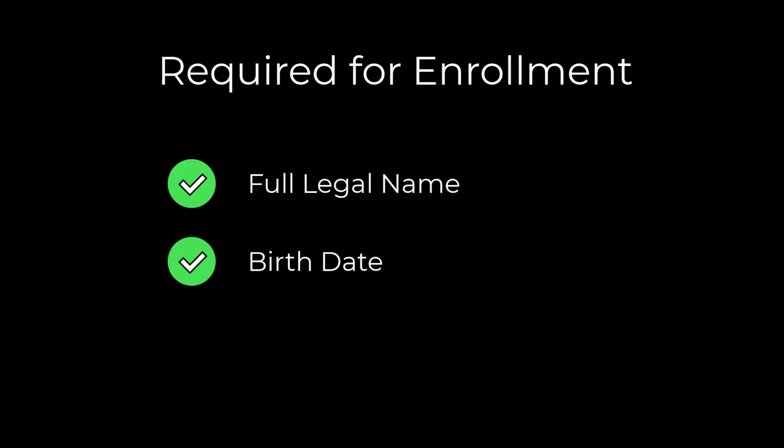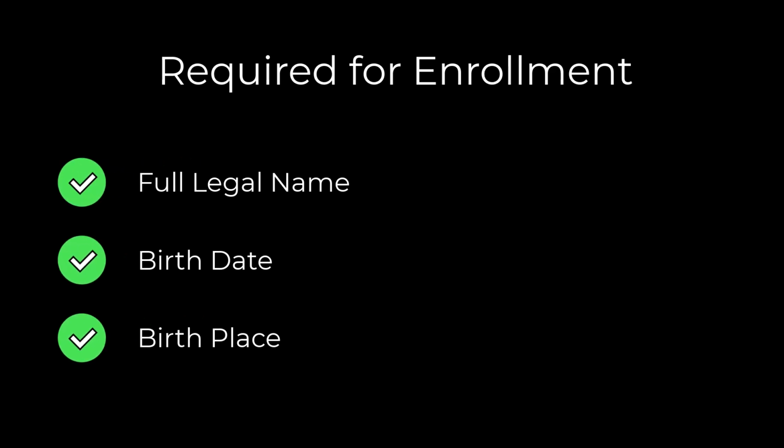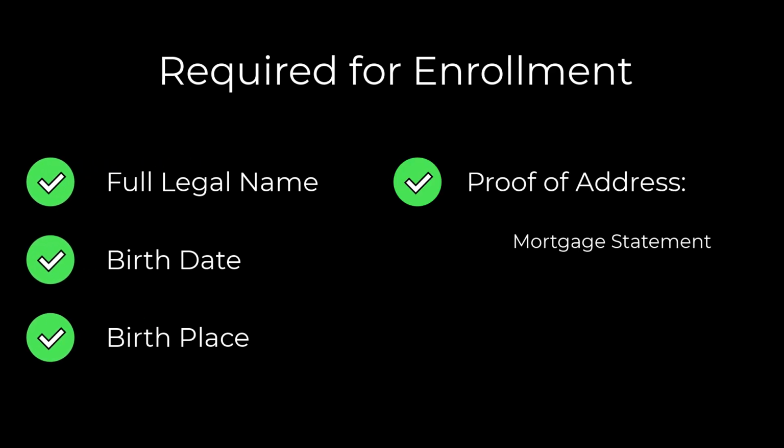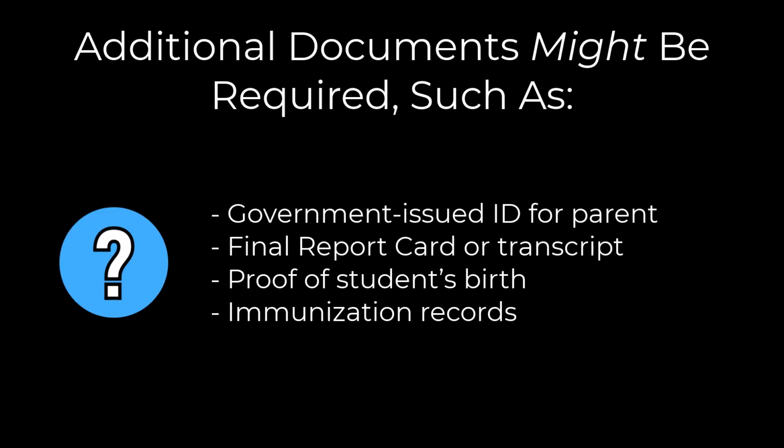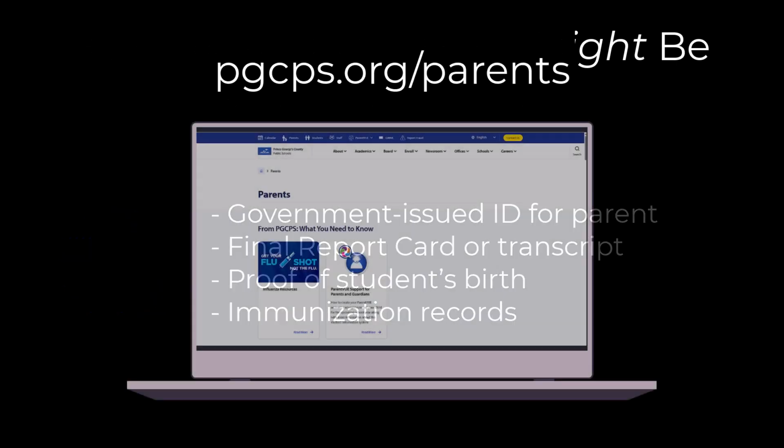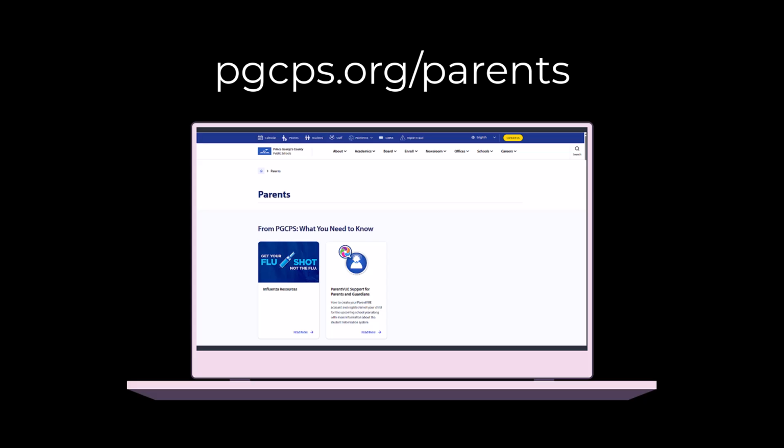In order to complete the enrollment process, you must provide information about the student, such as full legal name, birth date, and birthplace. You must also provide proof of address, such as a mortgage statement or rental agreement. Depending on the situation, there may be other documentation required, including but not limited to a valid government-issued ID for the parent, a final report card or transcript for the student if transferring from a different school system, proof of student's birth, such as a birth certificate or valid passport, and immunization records. For the full up-to-date list of requirements, please go to